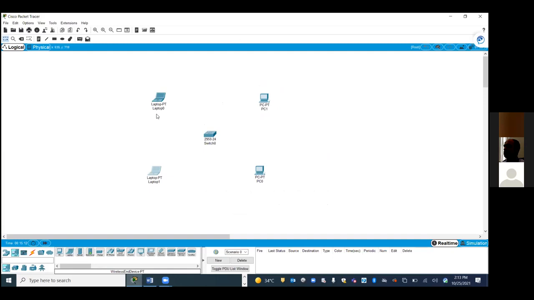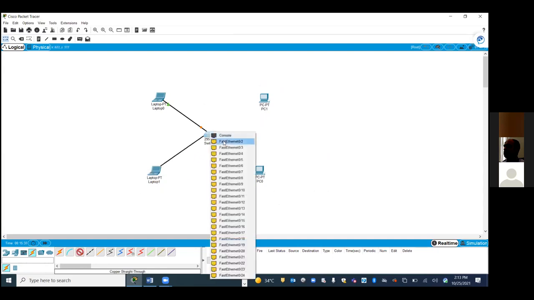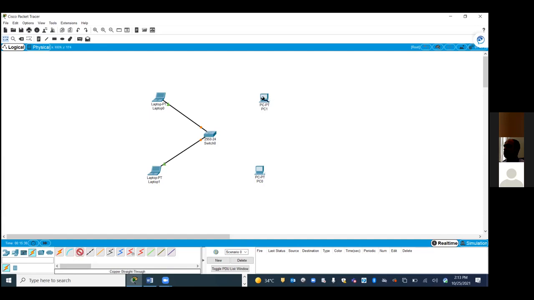So what is the next step? Yeah, excellent. Because we do not have any similar device, all these laptops and PCs need to be connected using a straight cable. Go to the connections. Take a straight cable. Go to your laptop, Fast Ethernet. Take another cable. I think we did this in the last class, right? So all of you should be an expert now.